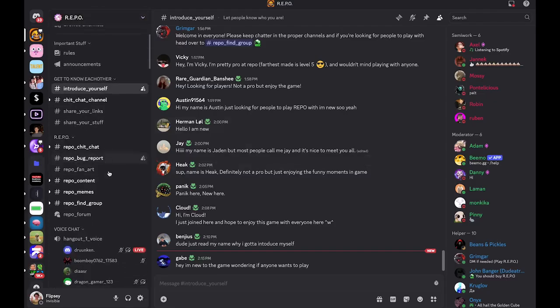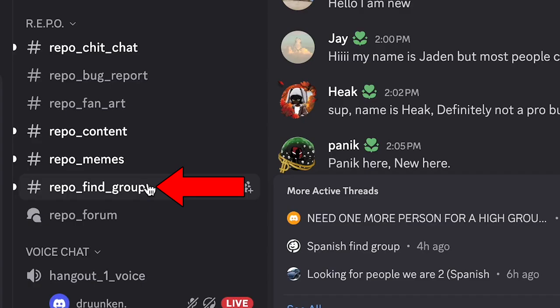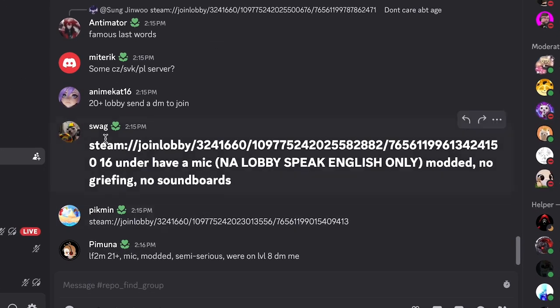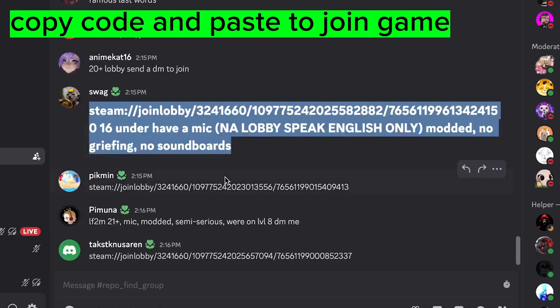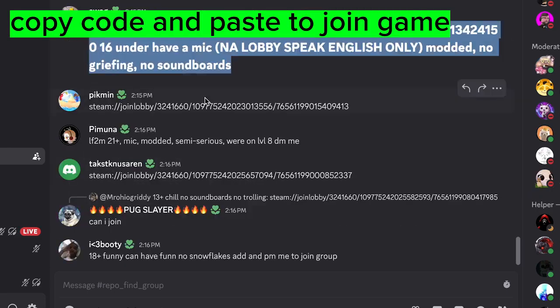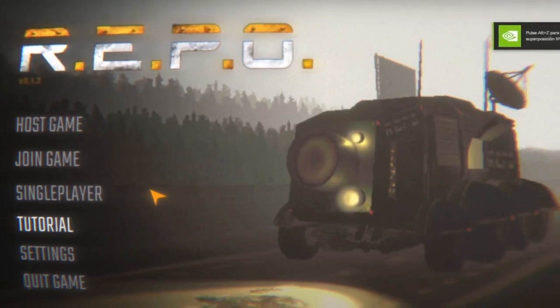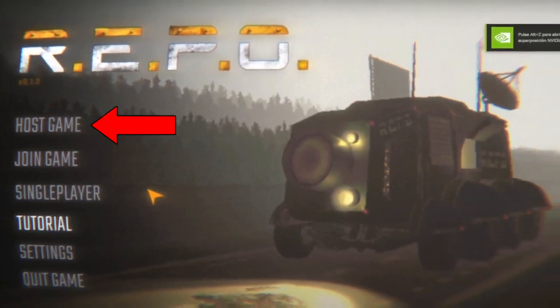From here, you simply want to go down to the option called Repo Find Group. Now you can simply join a game by copying any of these codes that people are sending into your web browser, which it'll open in Steam and allow you to join their repo party, or you can actually create a party yourself. And how you do this is you go to host game when you're actually on the repo page,